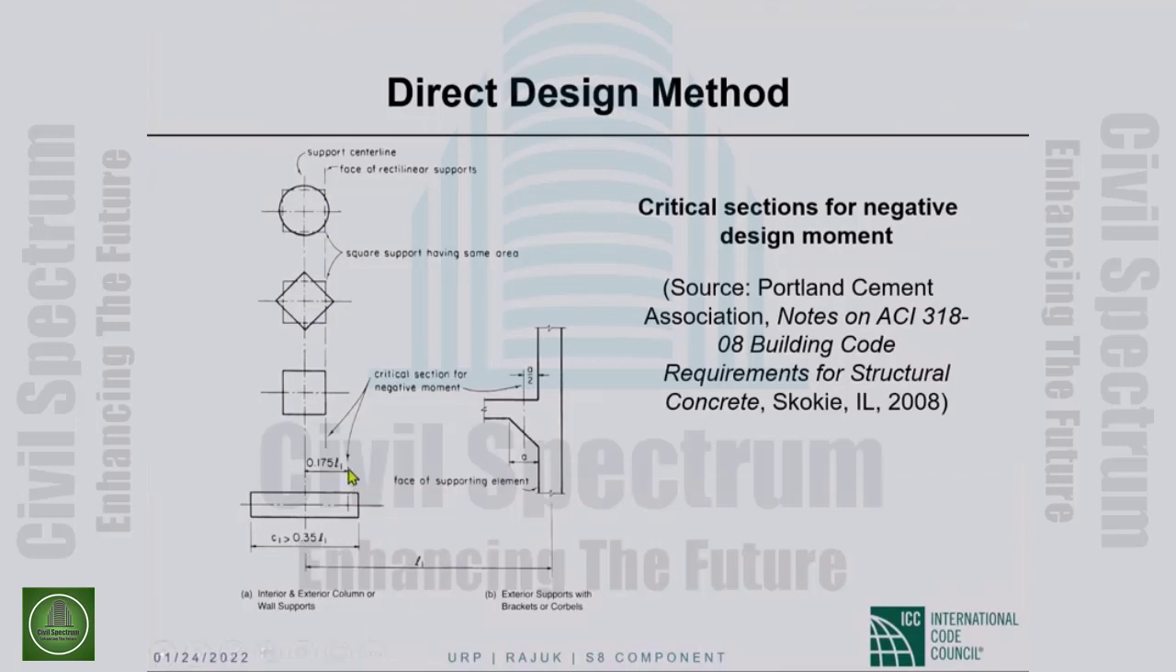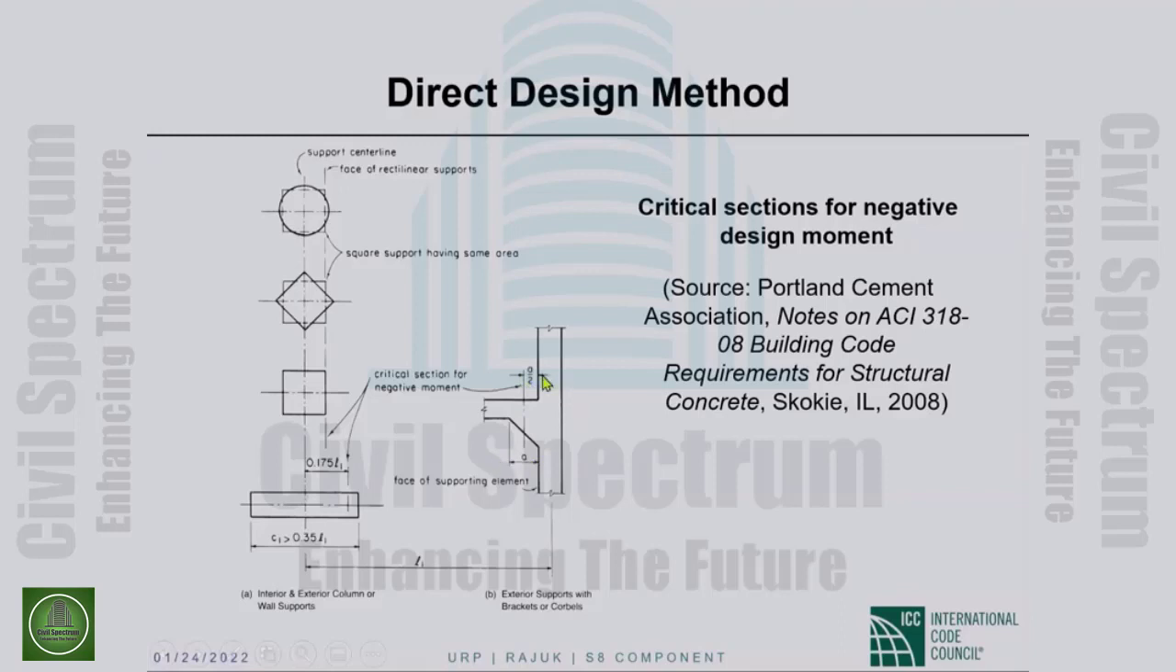The clear span cannot be any less than 65% of the center to center span. So 35%, half of that is 17.5%. So essentially the support face moves here, 17.5% of L sub 1 from the support central line, so that the span itself will be 65% of the clear span. Okay, and when there is a haunch, you go from the